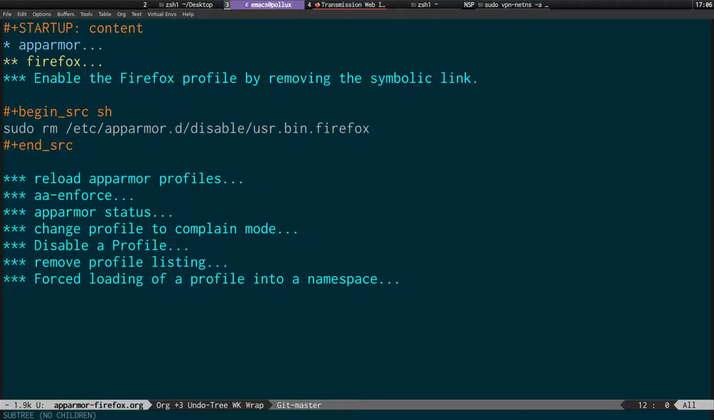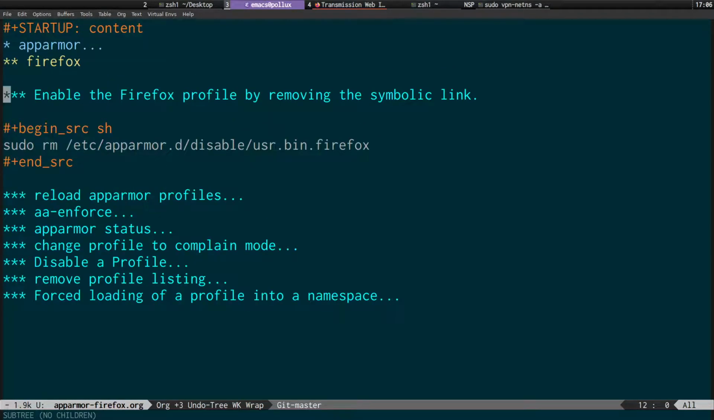The way you do this with AppArmor is you have to basically remove a symbolic link to actually enable the profile. So it's not really very intuitive to use this. So I won't go through and actually do this, but I'll run through the steps and what some of the issues are. So you basically remove a symbolic link to enable AppArmor for a particular application, and then